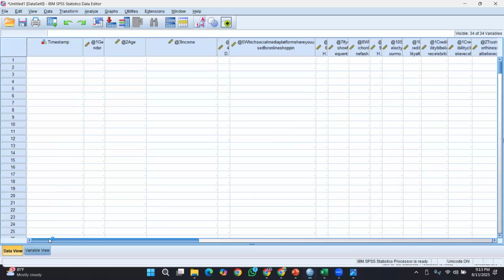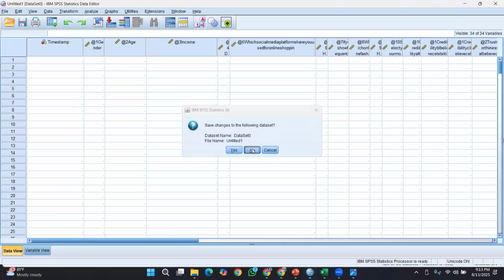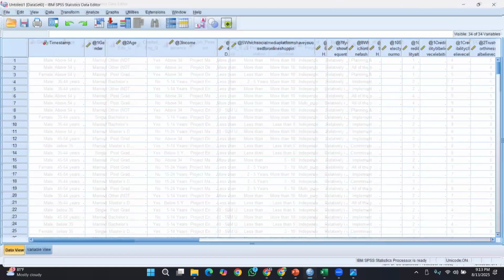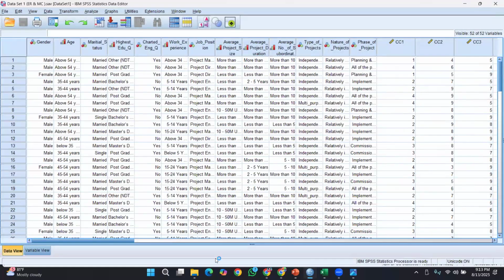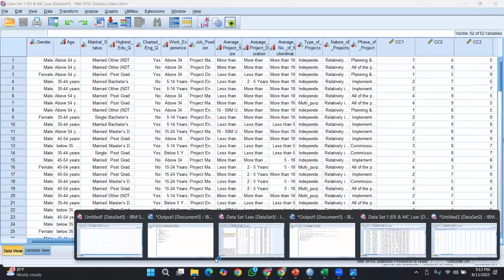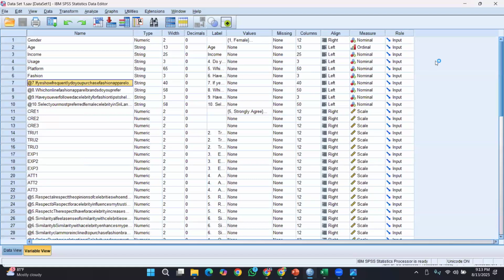There are many data sets open. This is the one we are working on. Oh, no, not that one.